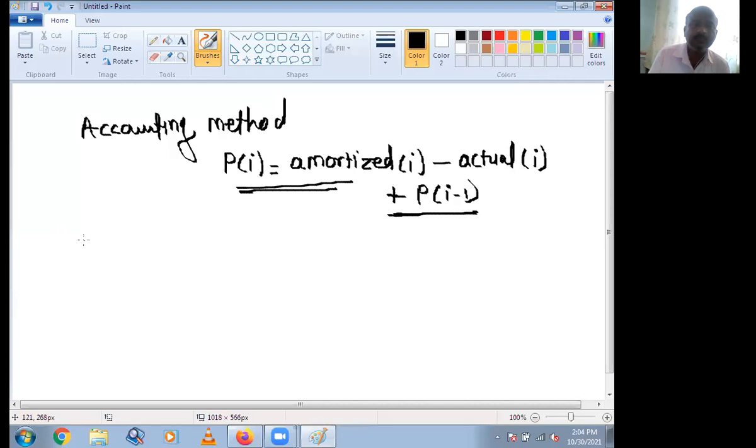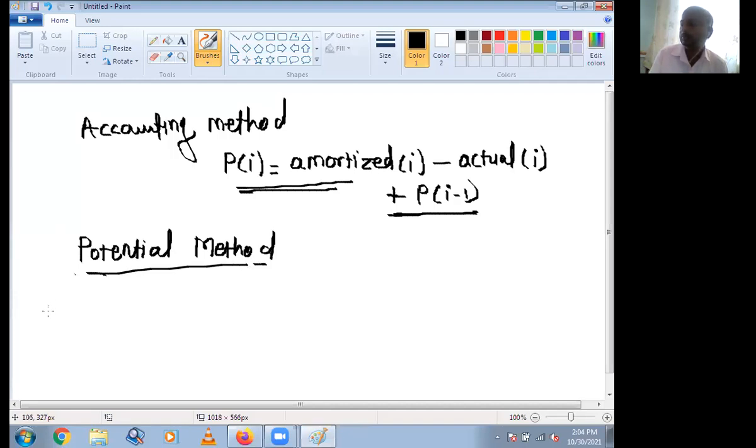And the third method is the potential method. In the potential method, we can assign the number of operations as P of n minus P of 0, that is actual input minus actual output, which is greater than or equal to 0.